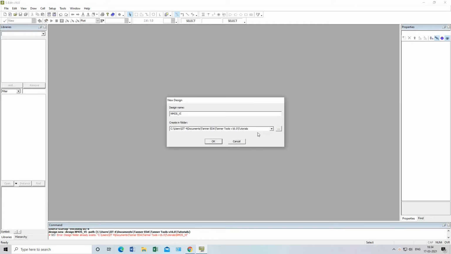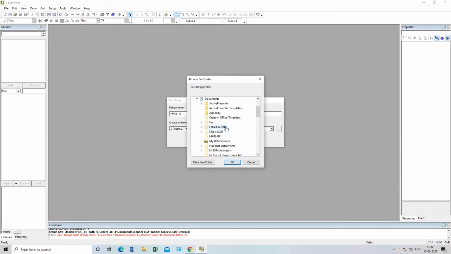There is some problem, so I will just use another folder. If you install Tanner, one default folder will come under Documents, in the name of Tanner EDA. As you can see, it also comes in my Documents folder, so in yours also it will come automatically.